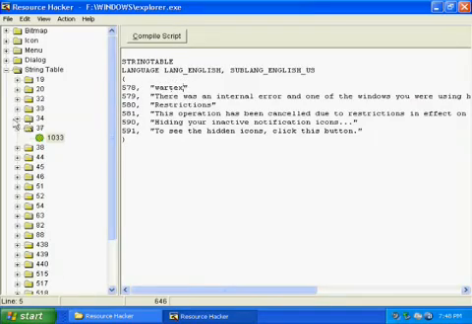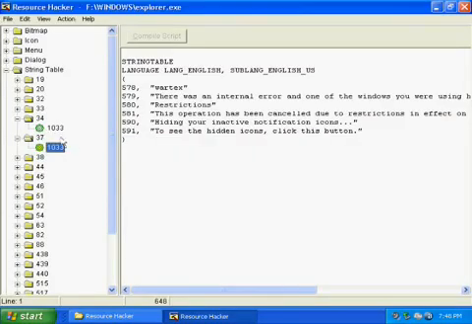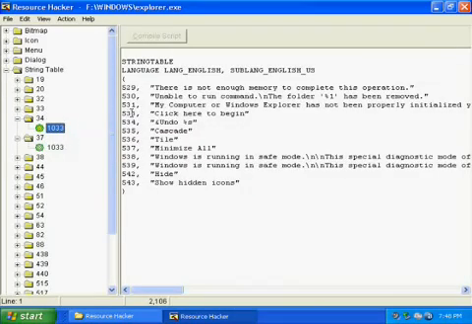Another little thing you can do is, under this same string table, if you expand 34 and click 1033, then under 533 it says click here to begin, and this is the value that is displayed when your mouse hovers over the start menu for quite a bit of time. So I'm just going to delete this and type subscribe to my videos. Then once you're done with that, hit compile script,